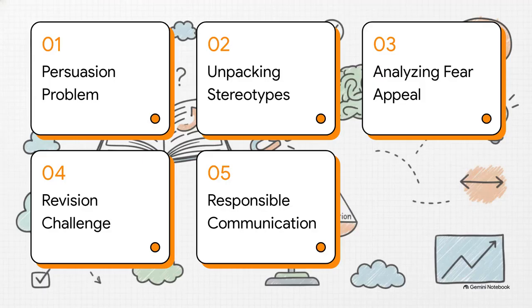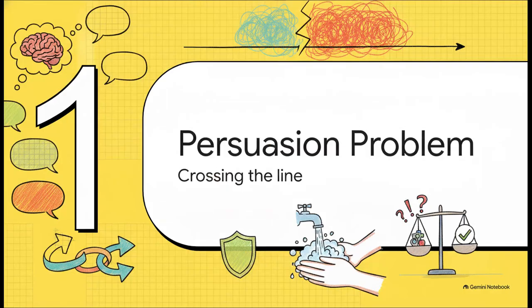Okay, here's our game plan for today. First, we'll look at the persuasion problem. Then we'll unpack stereotypes, followed by analyzing fear appeal. After that, we've got a quick respectful revision challenge, and we'll wrap it all up with how we can practice responsible communication ahead. All right, diving right into section 1, the persuasion problem, and what happens when information crosses the